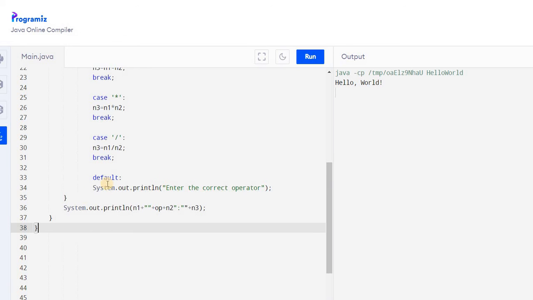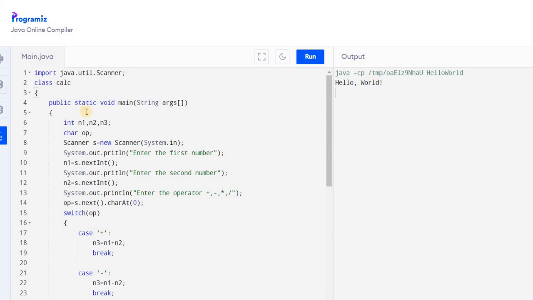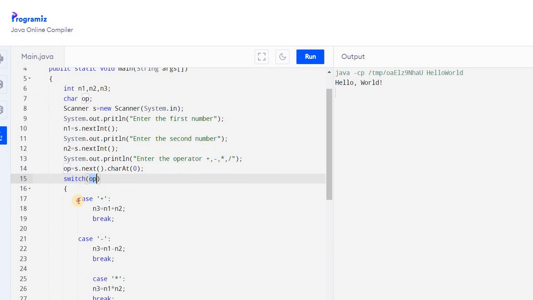So here, hope you understood. First we are getting 2 numbers, that is N1 and N2, from the user, and also we are getting the operator. Whichever of these operators the user enters, we are getting in the variable OP, and that OP we are passing to the switch statement. Here we have 4 cases. This is the syntax for case, and since it is an operator we are giving it within quotes.